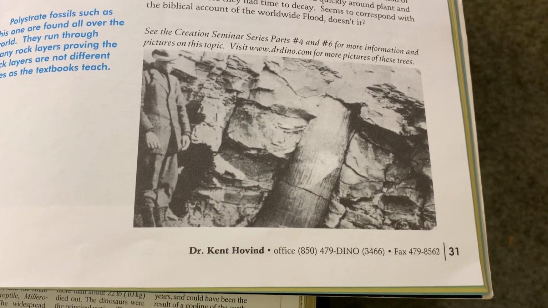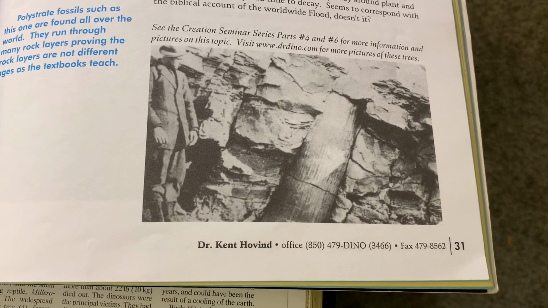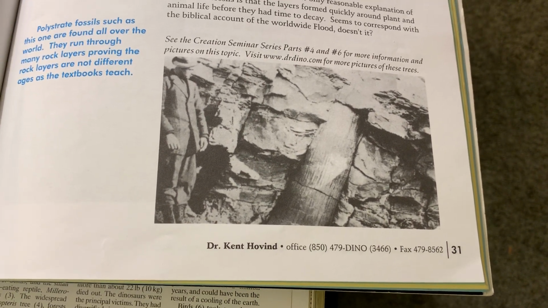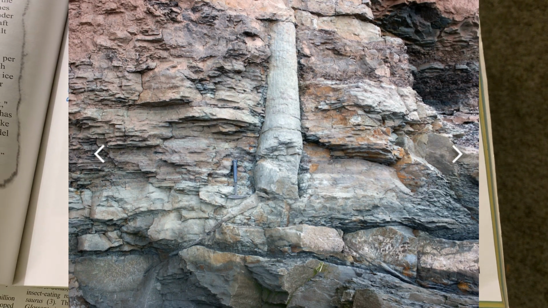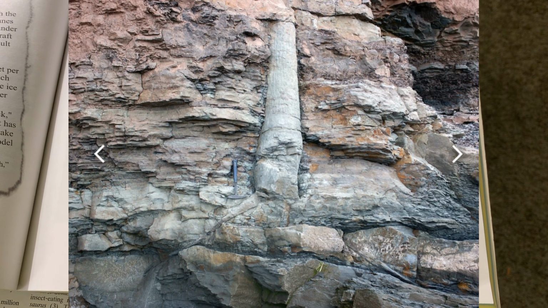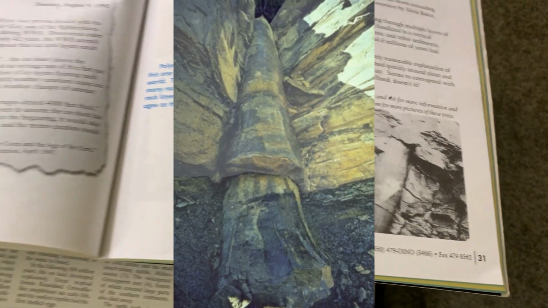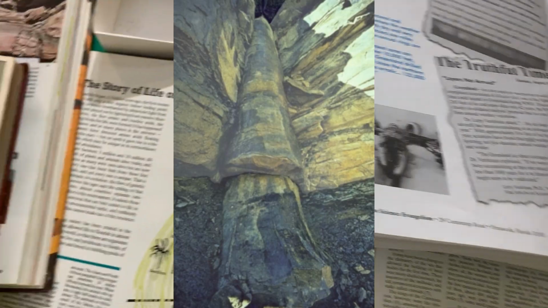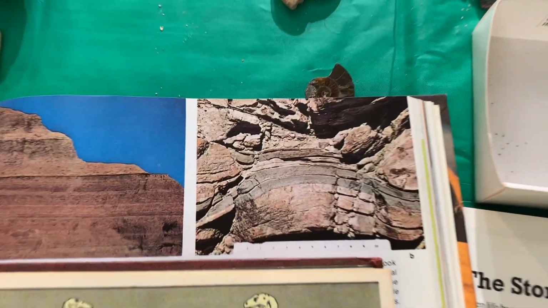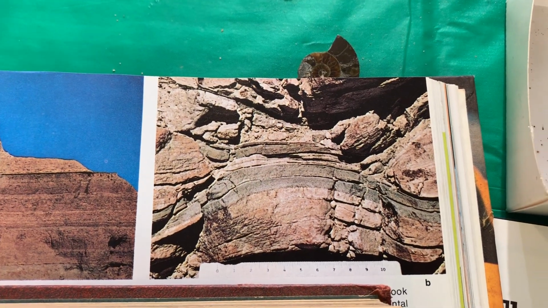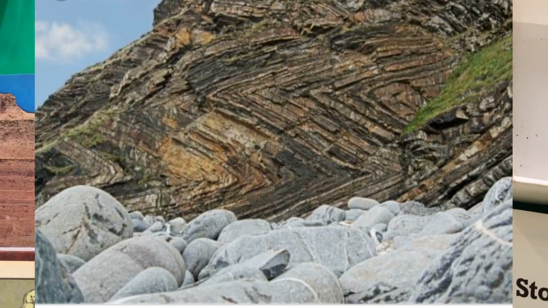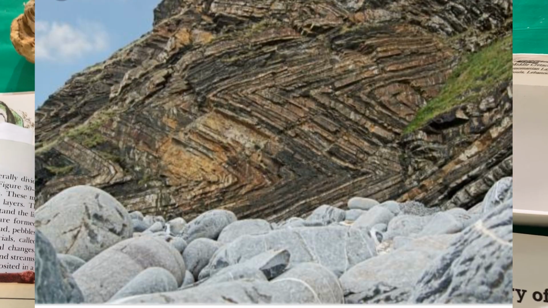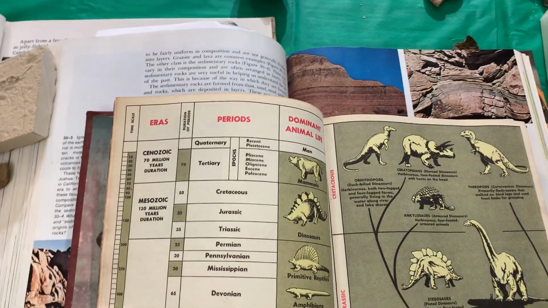Same thing here. The tree would cross out the geologic time scale because you cannot wait millions of years for another layer to come upon the other layers if the tree is standing there. A tree doesn't stand upright for millions of years, and there are many trees like that. Another reason, you can see a lot of those layers are bent, and as you know, you cannot bend rock, and you see bent layers all over the world. So that's why the geologic time scale fails.